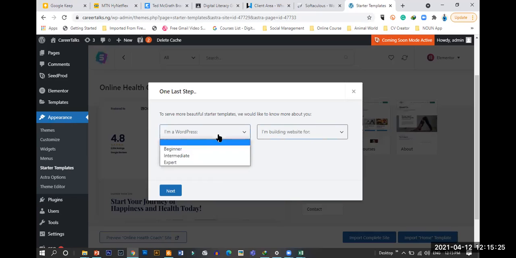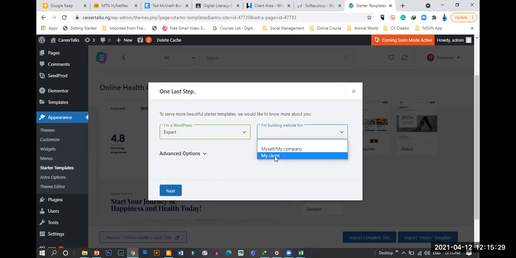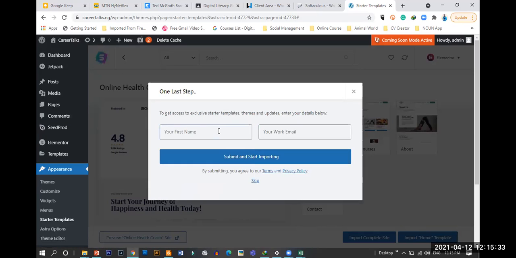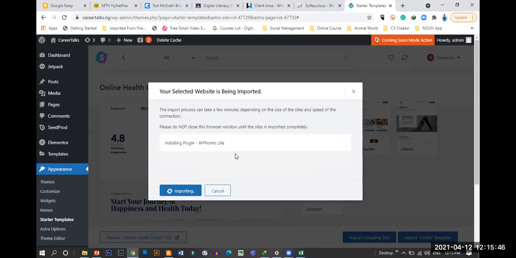I'm a WordPress expert. So you just pick anything you like for here. For these ones, just click on next. Put your first name, put your email, then submit and start import. So it's importing already. So you can check your email later. Don't worry about that one. So it's installing that